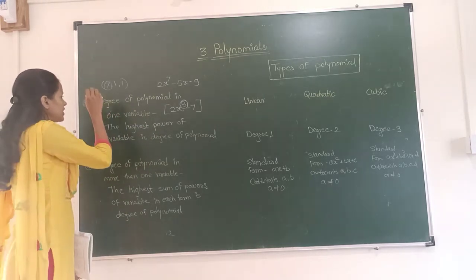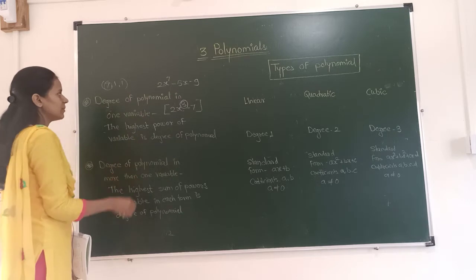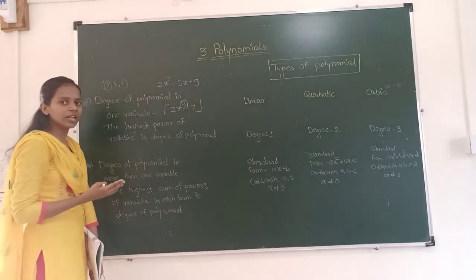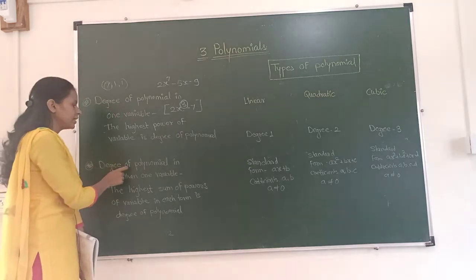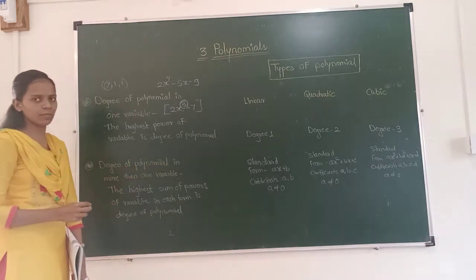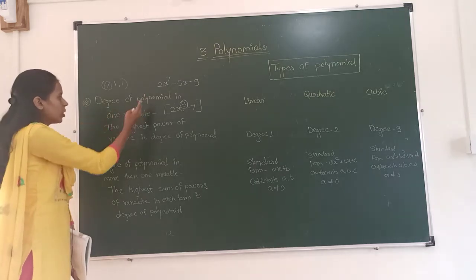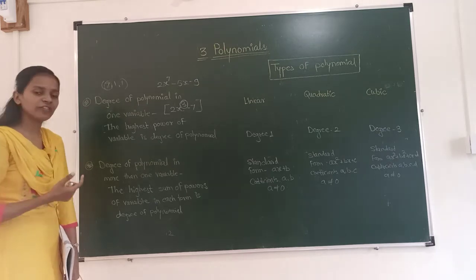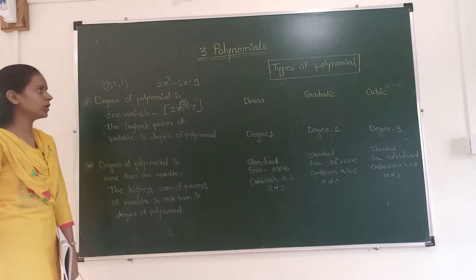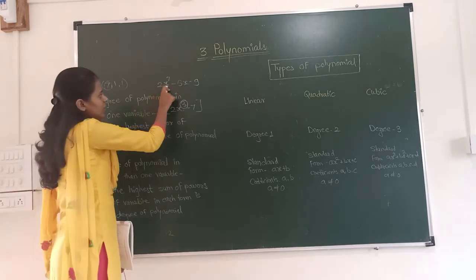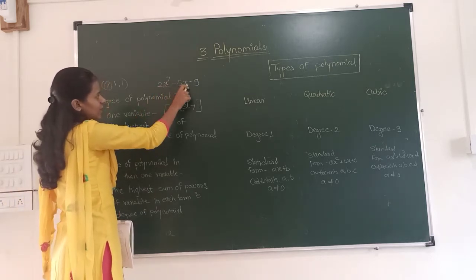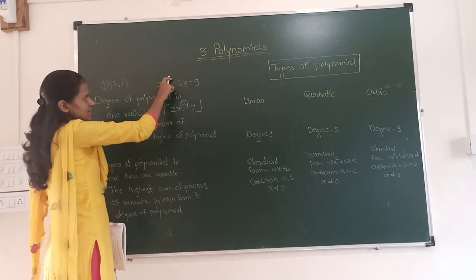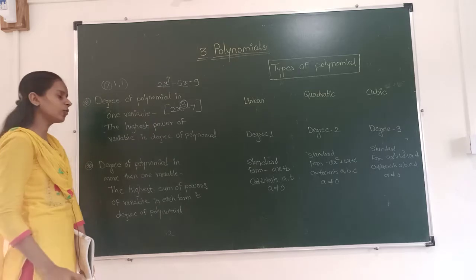We are looking at this for the degree of a polynomial in one variable. A single variable is there. The variable is x. What if there are two variables? We will see the degree of a polynomial in more than one variable. Firstly, understand the degree of a polynomial in one variable. The definition is the highest power of the variable. It is called the degree of the polynomial. You can see here is one variable, the same variable, that is x. The highest power of this variable is 7. Therefore 7 is the degree of the polynomial.